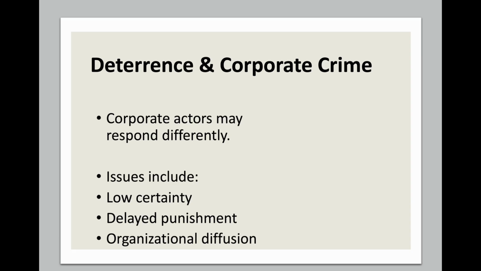However, corporate crime also creates important complications. One major issue is low certainty of punishment. Corporate crime is often difficult to detect and prosecute. Complex organizational structures may diffuse responsibility, making accountability difficult. Additionally, punishments for white-collar offenses are often inconsistent or perceived as less severe than punishments for street crime. Now, this creates a potential deterrence problem. If executives believe that detection is unlikely, that prosecution is rare, that the penalties are manageable, or that corporations can absorb fines, then deterrent effects would weaken substantially. Simpson and Cooper's work on corporate crime emphasizes these challenges and explores how organizational dynamics shape deterrent processes.